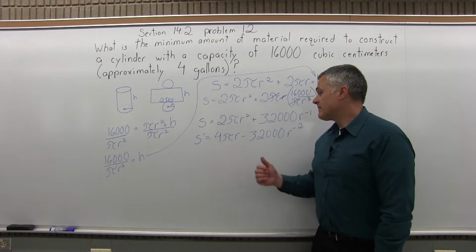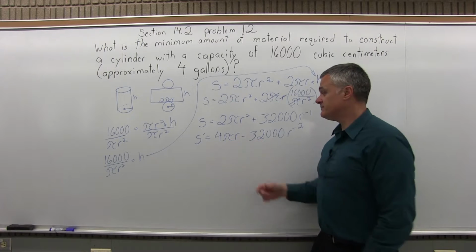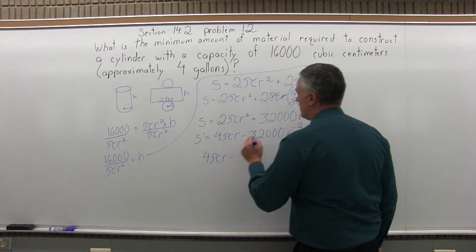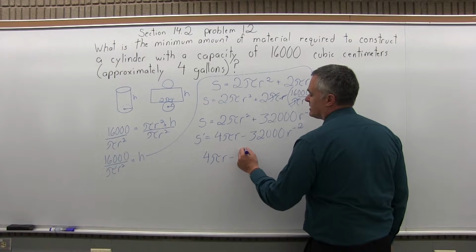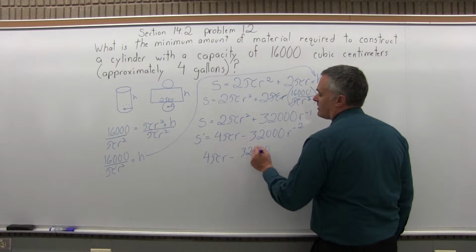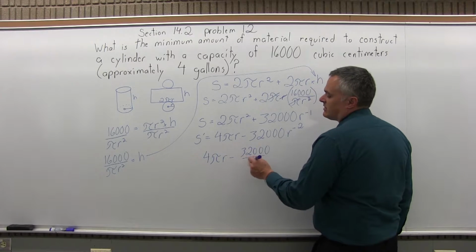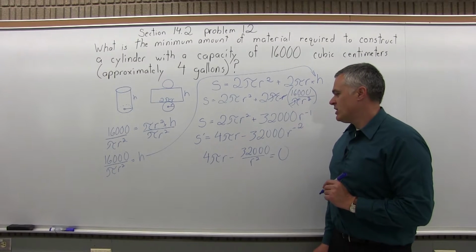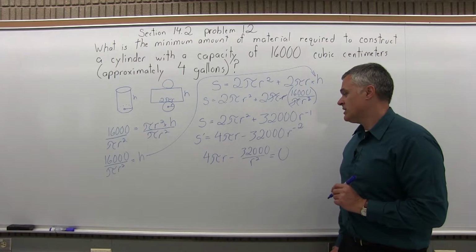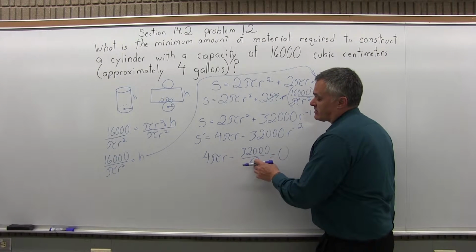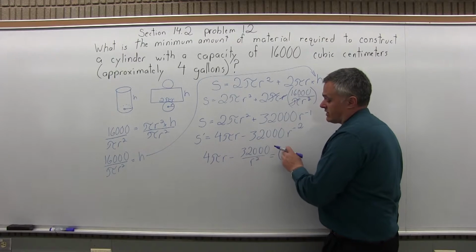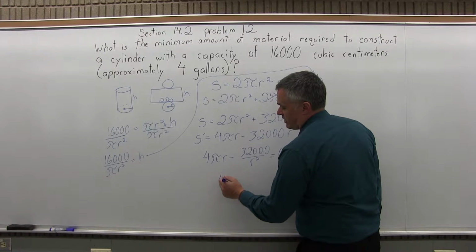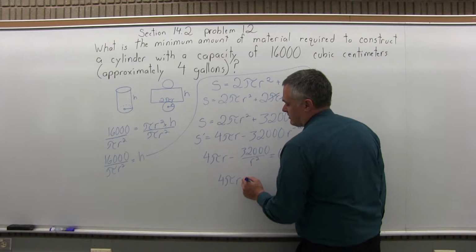So there's s prime. The next step is set s prime equal to 0. So I'm going to go 4 pi r minus 32,000 r to the negative 2, which I'll actually write as 32,000 over r to the positive 2, because it's the same. It's going to be a little easier to deal with like that. And it's going to be equal to 0. So solve for r. So I have a negative 32,000 over r squared on the left side of the equation. I'll bring it to the right side. It'll become positive 32,000 over r squared. So on the left, I still have 4 pi r is equal to now